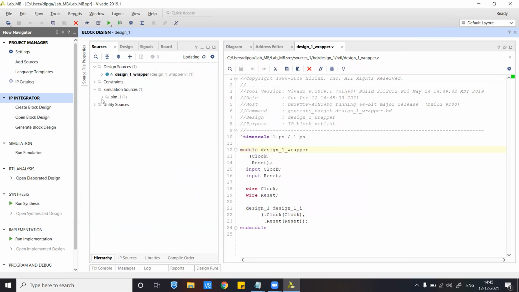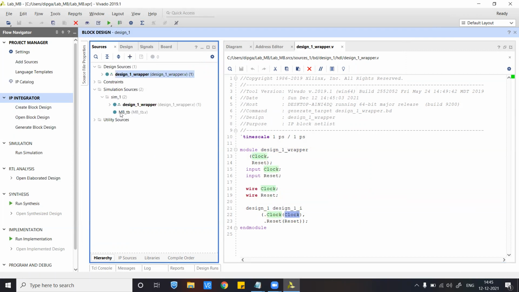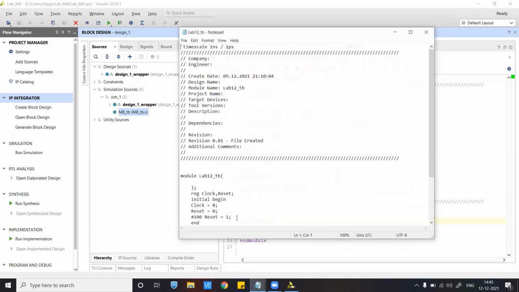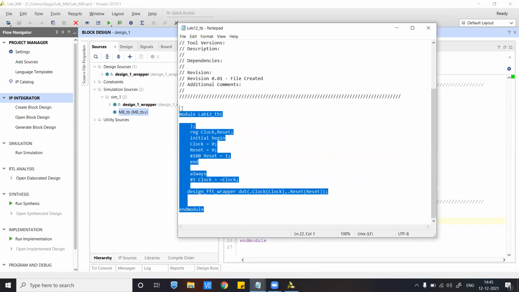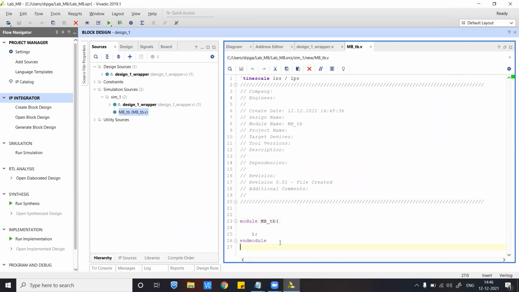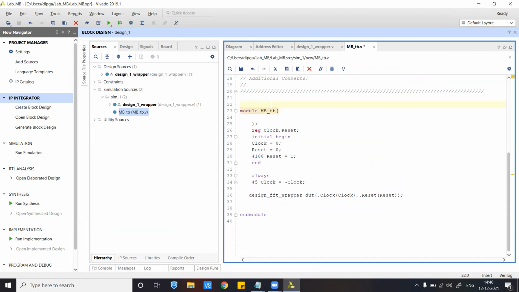We are going to write a very simple test bench. We are just going to provide some clock. The clock and reset that you see inside the wrapper are nothing but the external ports that we made while making the block design. In the test bench, I'll be simply adding the code from my notepad. I'll just change the name of the module, and we can look at the test bench now.